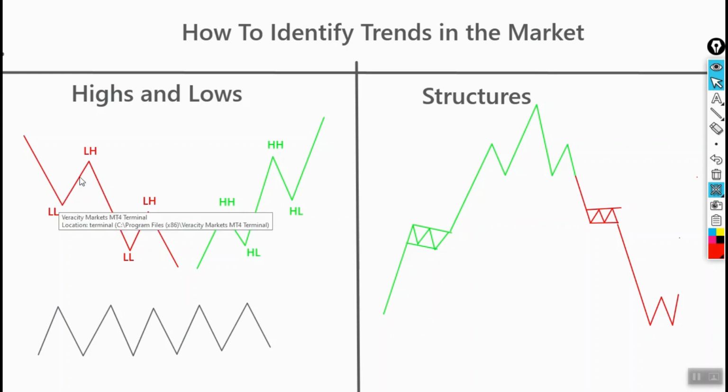Or when it's pulling back like this, making these pullbacks, these ones here. These are the best opportunities to identify whether the market is going in the opposite direction, or we're going to be